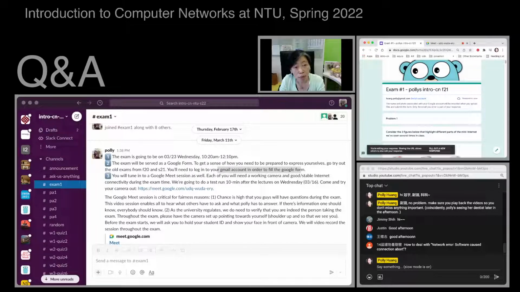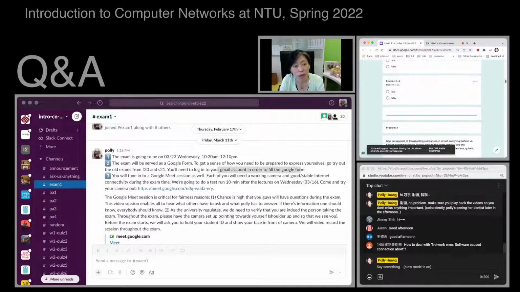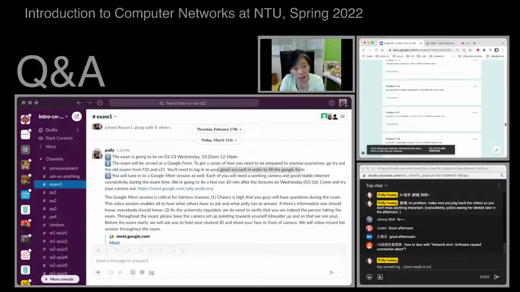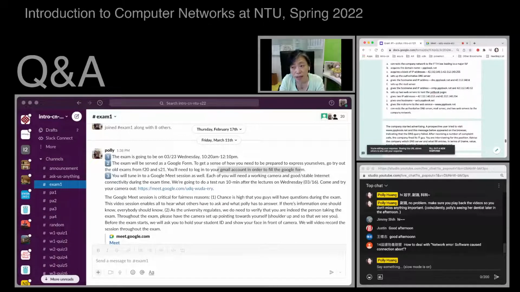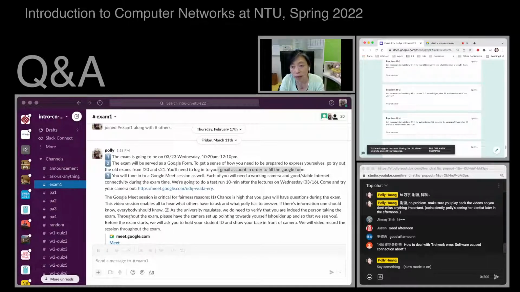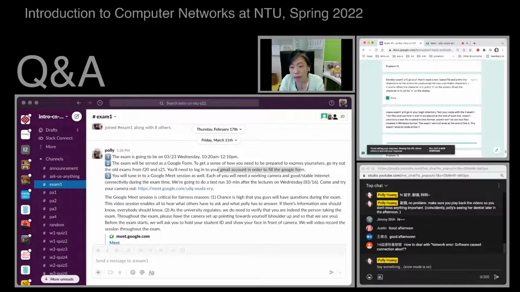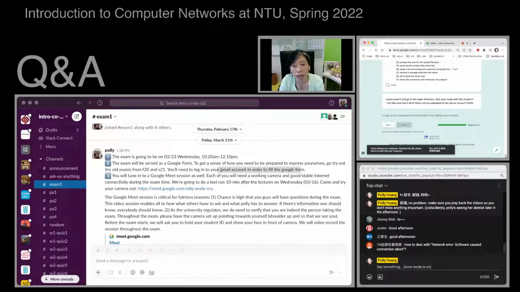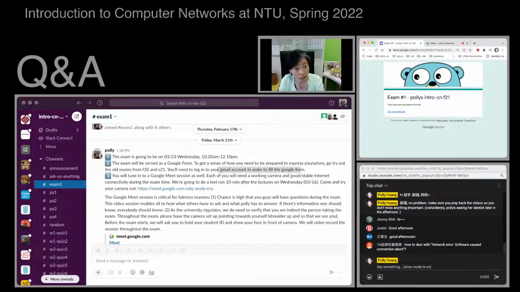It takes some time for Google Form to send that email as well, so make sure you have a stable network connection during the entire duration of the exam.